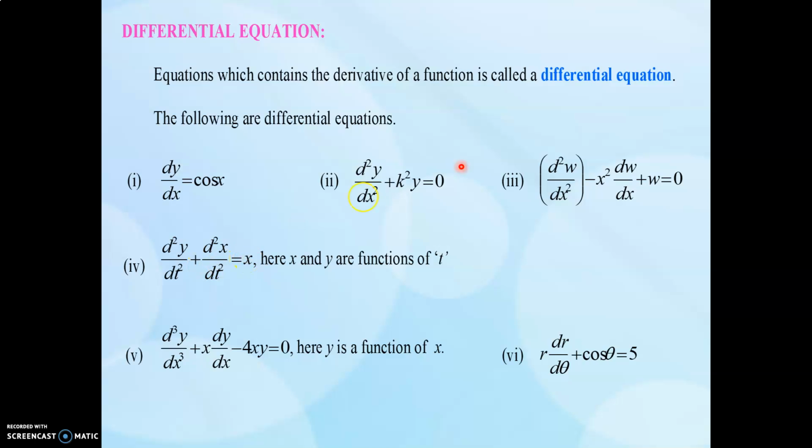In both cases you can consider the order of the differential equation, that means the highest derivative. Here it is d square w upon dx square, a second order derivative, and this is a first order derivative, so the order is 2 and the degree is 1. That means you have to choose the highest order derivative's power. So here the power of this one is 1. So order is equal to 2 and degree is equal to 1. And here order is equal to 3 and degree is equal to 1.